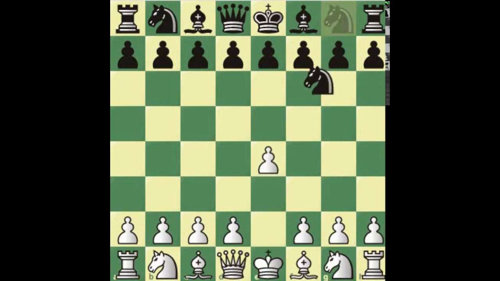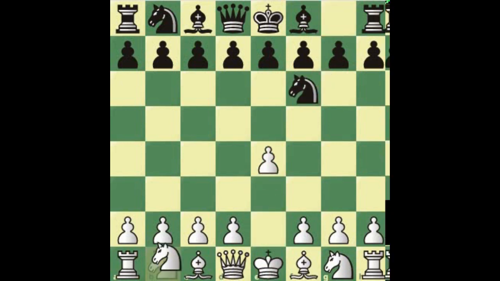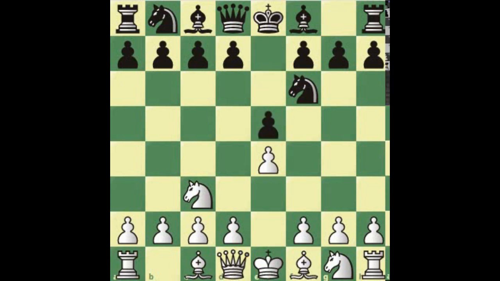After e4 and knight f6, the way I suggest to continue this is with knight c3. We avoid the main line, but this is also a very good move, so there's nothing wrong with this. And if black plays e5, and this is literally a transposition into the Vienna game, then you can play f4,